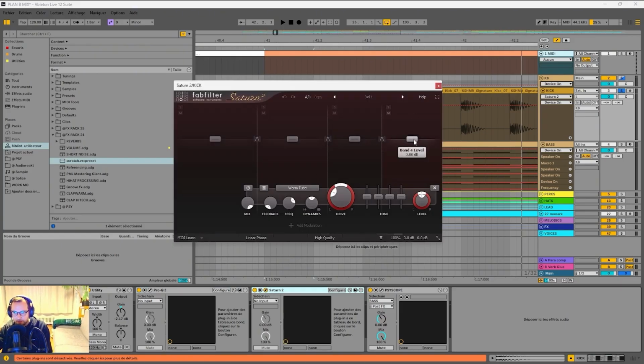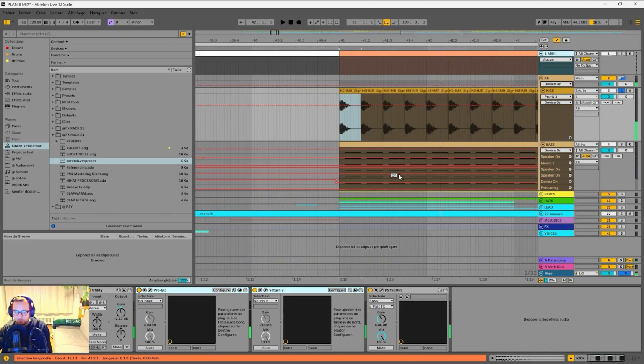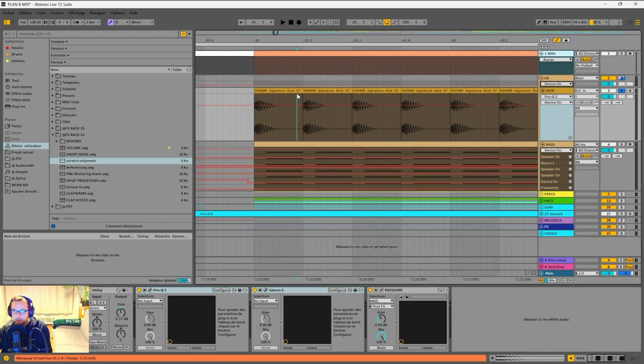I think, yeah, I bring it back in this area. So before and after. If you have a good audio system, you can hear the difference.